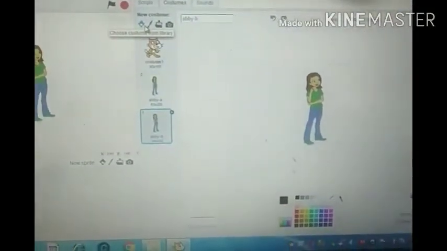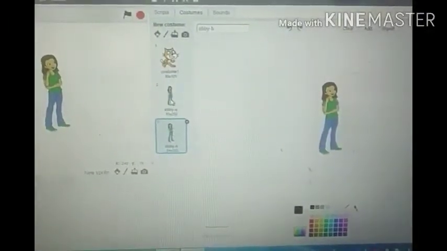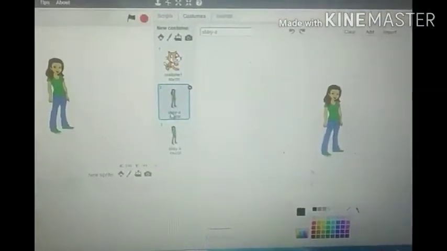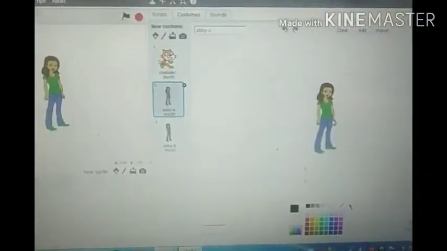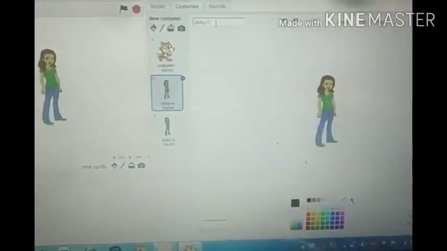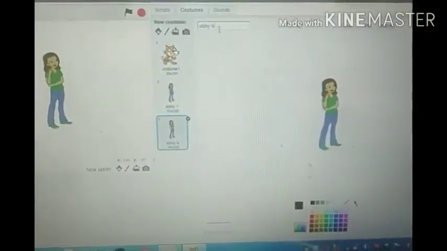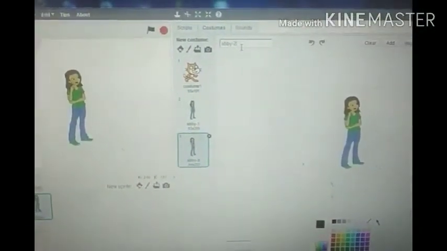If you want to edit or modify any one, select whichever we want from the costumes tab. The costume will be selected and it will show in our window where we can modify it. We can also name our costume by typing. It is Abby A, so I can type Abby 1, and further select another and modify the name by typing Abby 2. So the name will be modified as well.